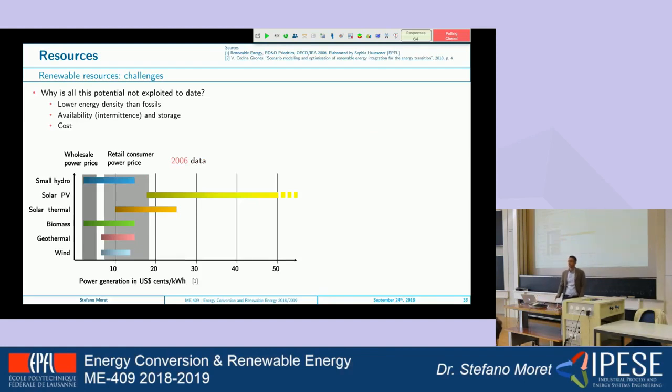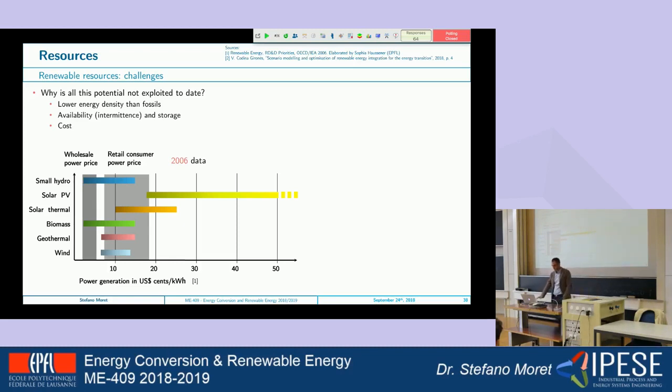And then we have the problem of cost. So as I told you before, fossil fuels today are still very cheap. However, these are the data. I put this slide here. This was the graph that was shown up to last year in this course. So these data were from 2006. So you see that in 2006, if you remember, I told you that coal and gas cost 3 cents per kilowatt hour. At the time, solar was around 20 cents per kilowatt hour at best. So these were the data that we had in the past.